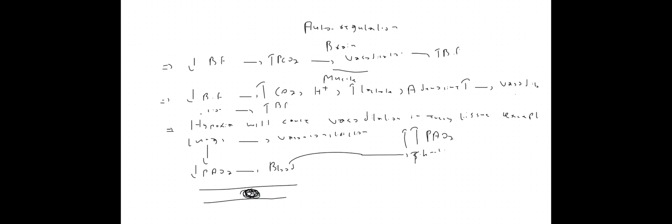So I don't want to waste the perfusion. My perfusion should be efficient. So this is the reason I'm doing vasoconstriction of the less ventilated alveoli. All right, so that's how the autoregulation works within the organ when a wide range of the pressure is changed. Now in the kidney we have the myogenic reflex and tubuloglomerular feedback, which we will discuss in the renal section. Now we are going to discuss the capillary fluid exchange.